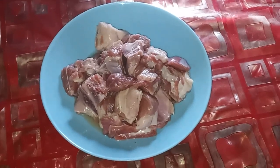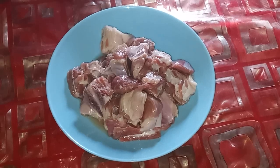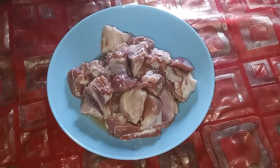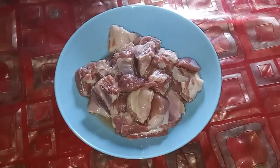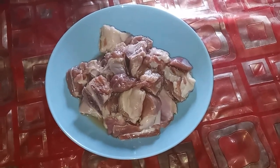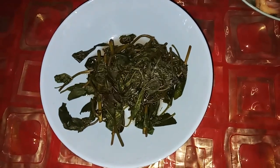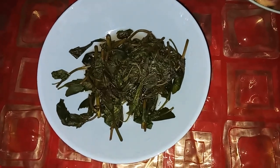Today we are going to make garlic basil lamb casserole. We have taken around 300 grams of lamb pieces or mutton pieces, thoroughly cleaned. Taken around 200 to 300 grams of basil,